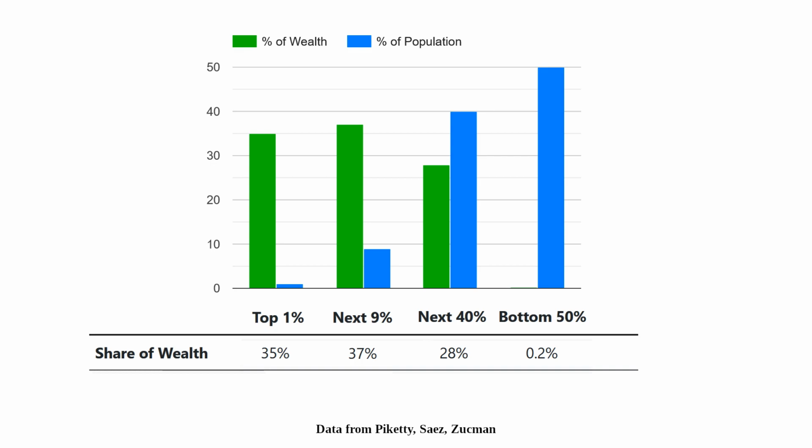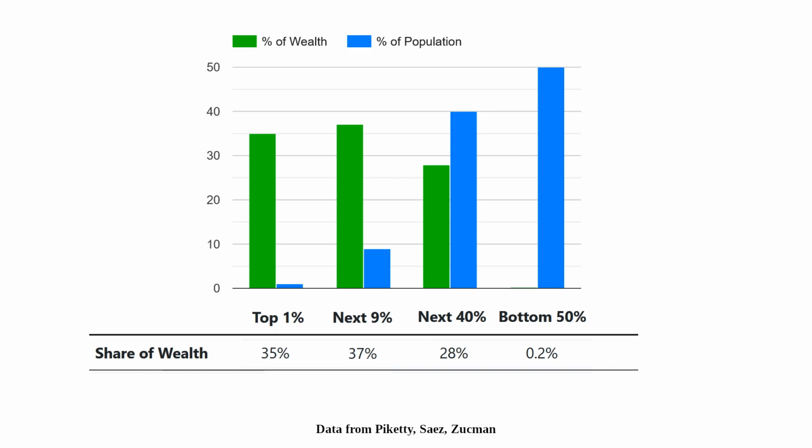The bottom 50% have about 0.2% of total wealth. Other estimates suggest that the wealth of the bottom 50% is closer to around 1 or 2%. Either way, it is a very small fraction distributed among 50% of the population. Many people in the bottom 50%, in fact, have a negative net worth. They have less than zero wealth.